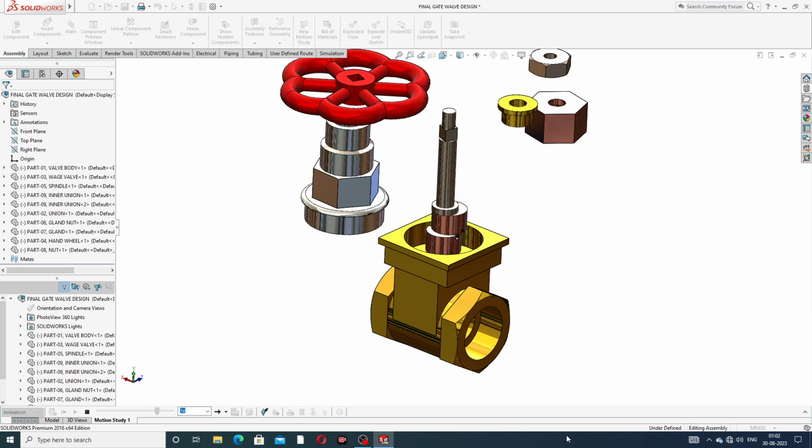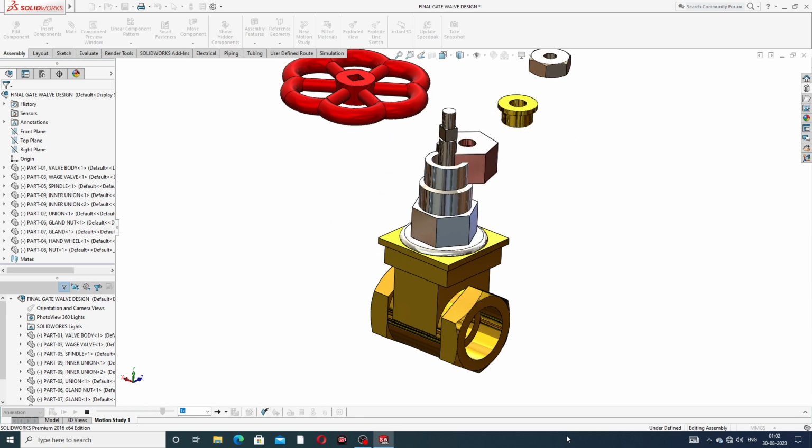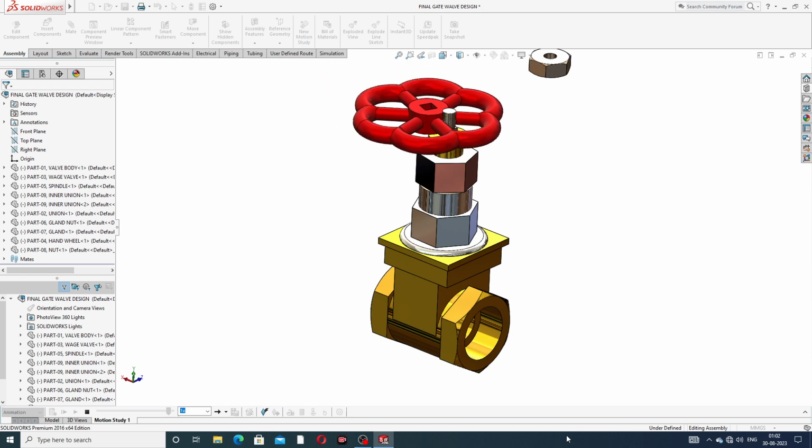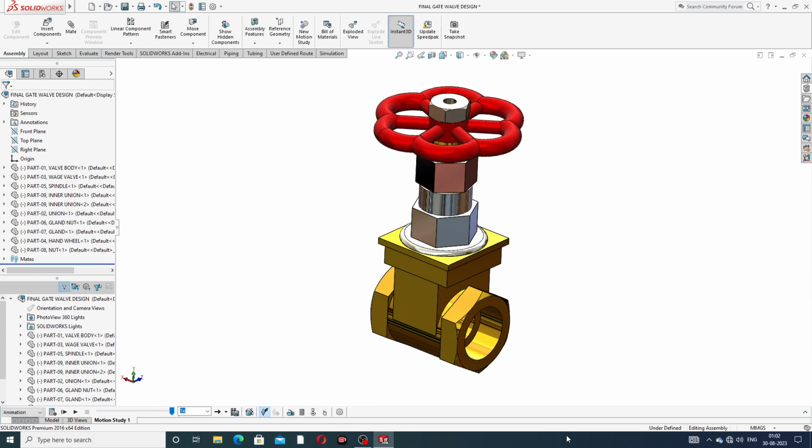Okay, this looks very nice here. Automatically all parts explode, and all collapse. And this spindle rotates here, and this handle rotates here.